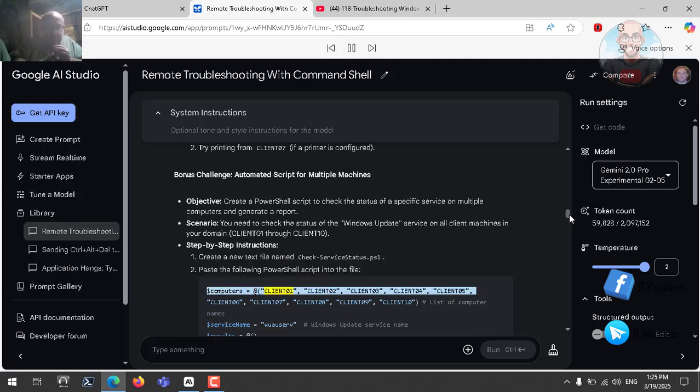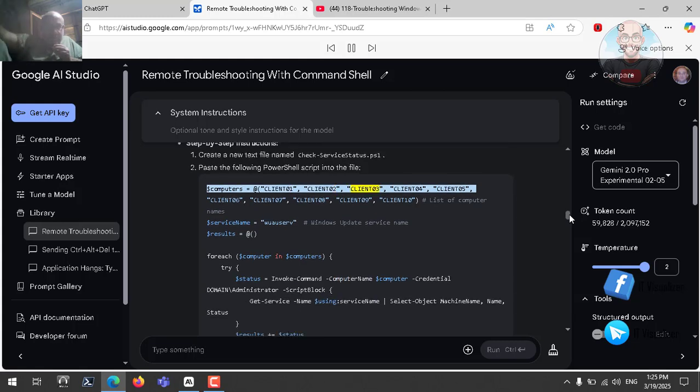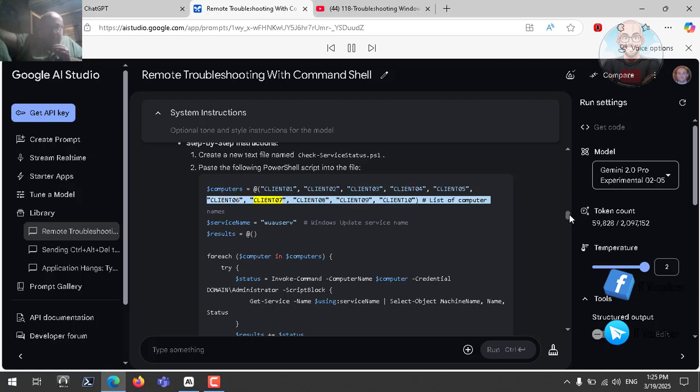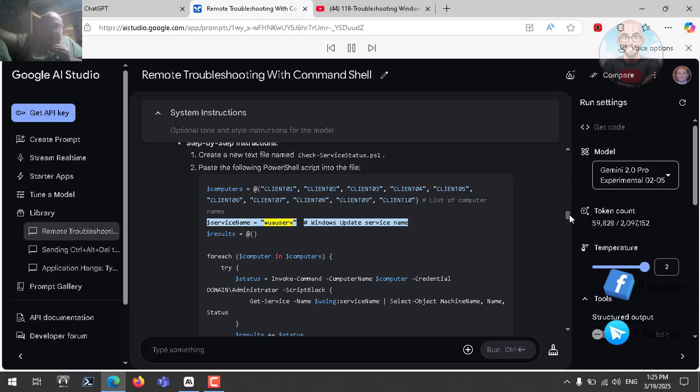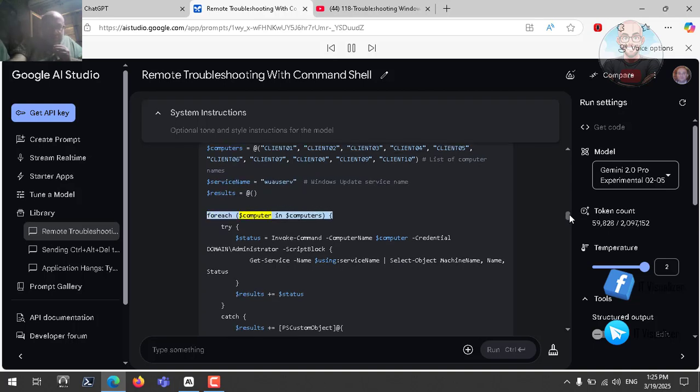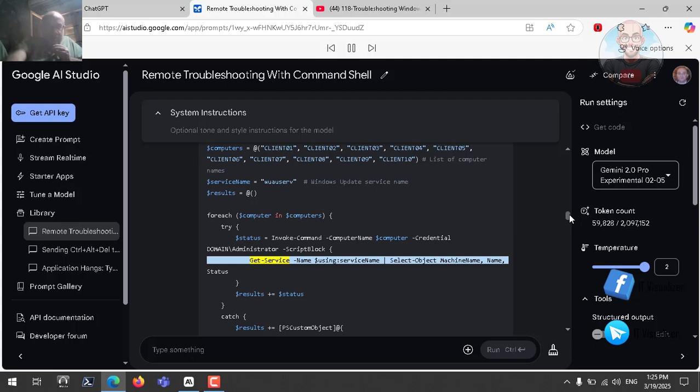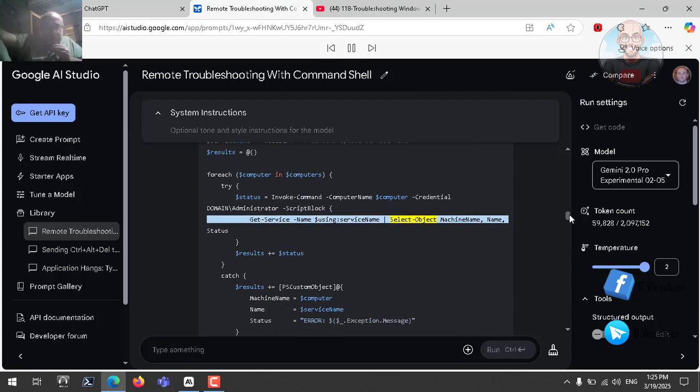Paste the following PowerShell script into the file. $computers = @(client01, client02, client03, client04, client05, client06, client07, client08, client09, client10) # list of computer names. $serviceName = wuauserv # Windows Update service name. $results = @(). foreach ($computer in $computers) { try { $status = Invoke-Command -ComputerName $computer -Credential domain\administrator -ScriptBlock { Get-Service -Name $using:serviceName | Select-Object MachineName, Status }